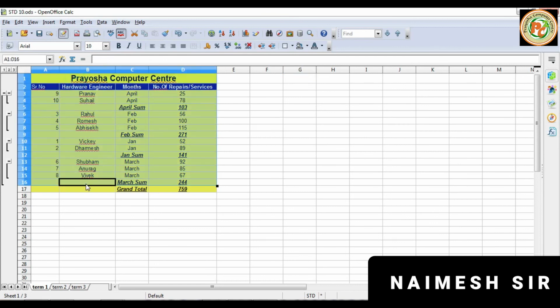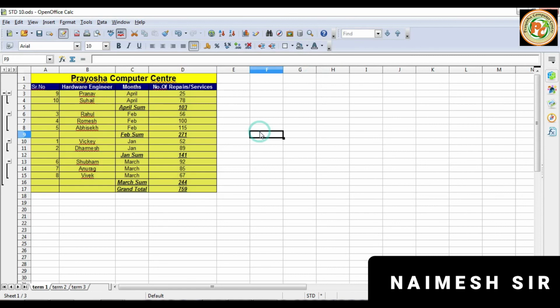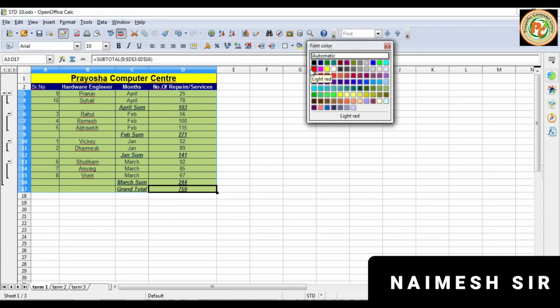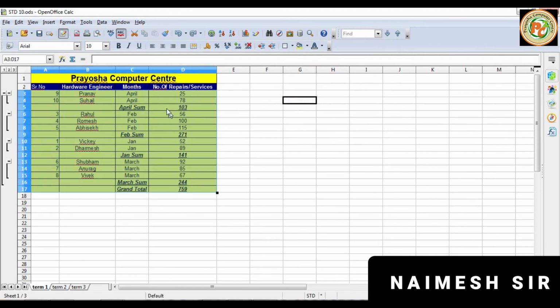If you want to assign a border, select it, and I think we should have an option for the borders. Yes, it is there. Click on this and all the borders will be added. If you want to change the font style and font color, click here, you will have a font style and font color like this, but it is not visible properly. So this way we can use the subtotal concept in Calc.